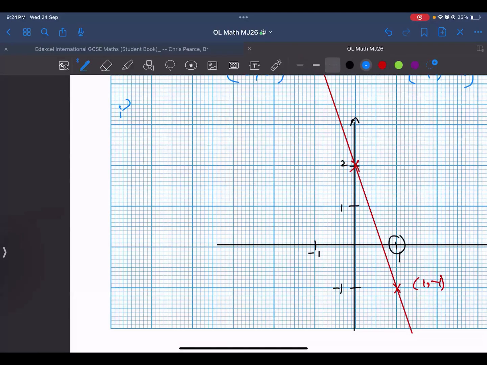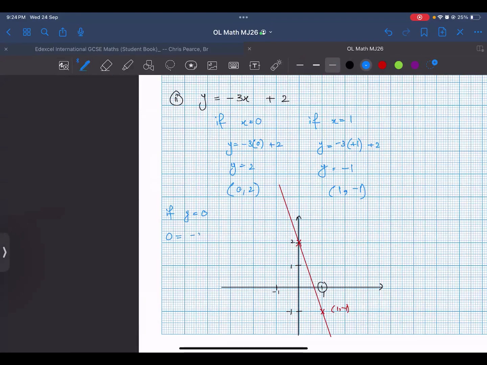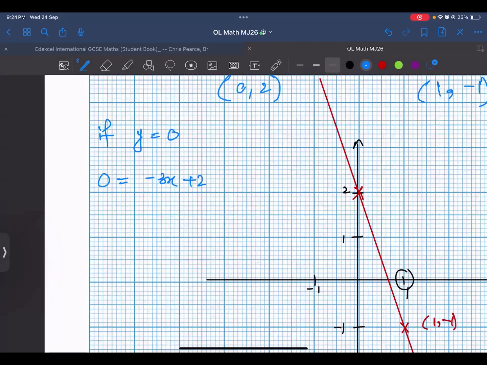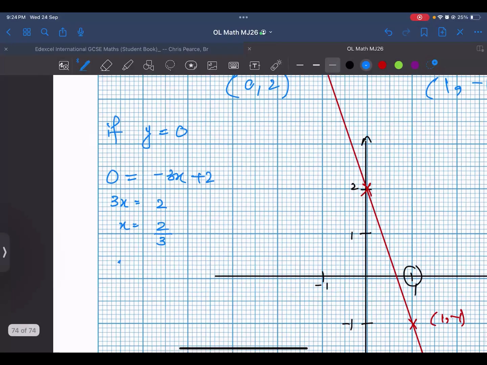So if your y is 0, this becomes 0 equals minus 3x plus 2. Then the minus 3x goes on the other side and becomes plus 3x. So x will be 2/3. So this is the y-intercept, sorry, x-intercept,